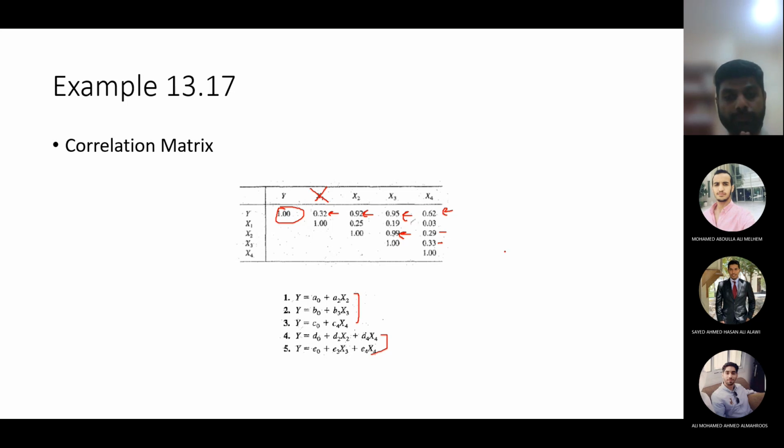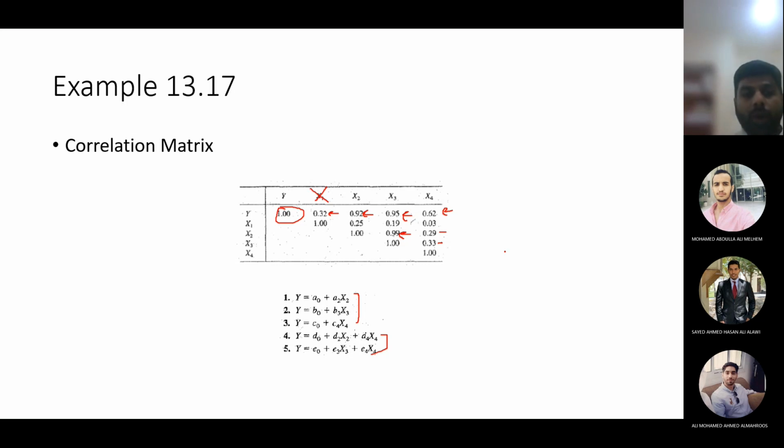So this example shows you, if you have a set of variables and you want to develop a regression equation between y and the x values, you perform a correlation analysis and calculate a correlation matrix like they have done. So go to Excel, calculate the correlation between y and x1, y and x2, y and x3, y and x4. Similarly, calculate the correlation between x1 and x2, x1 and x3, x1 and x4, and so on. So you will have the correlation between each pair of variables. And the conditions I've already given you.